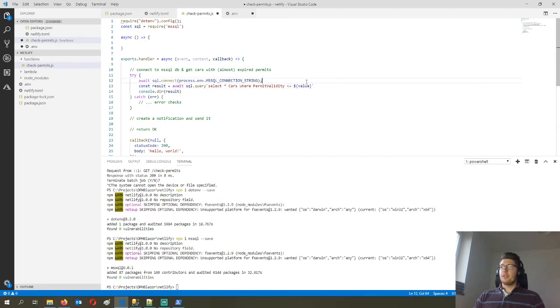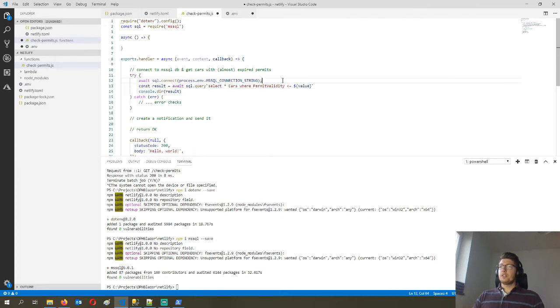It's going to be smaller because I'm going to take the date that is today and add 7 days to it. So with this call, I should get all the permits that will be expired between now and a week from now. So the permit validity in the database should be less or equal the value that I'm going to